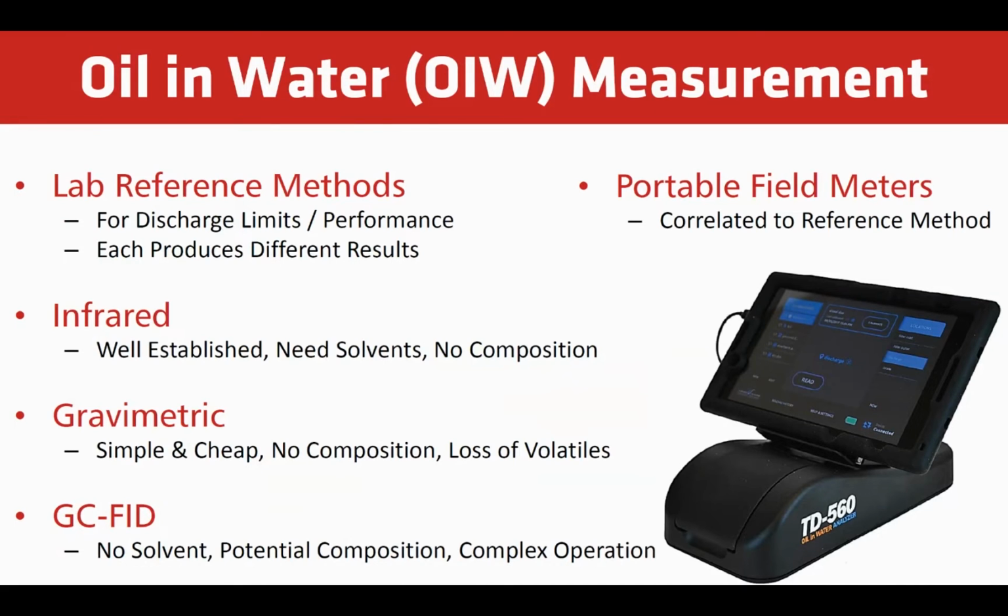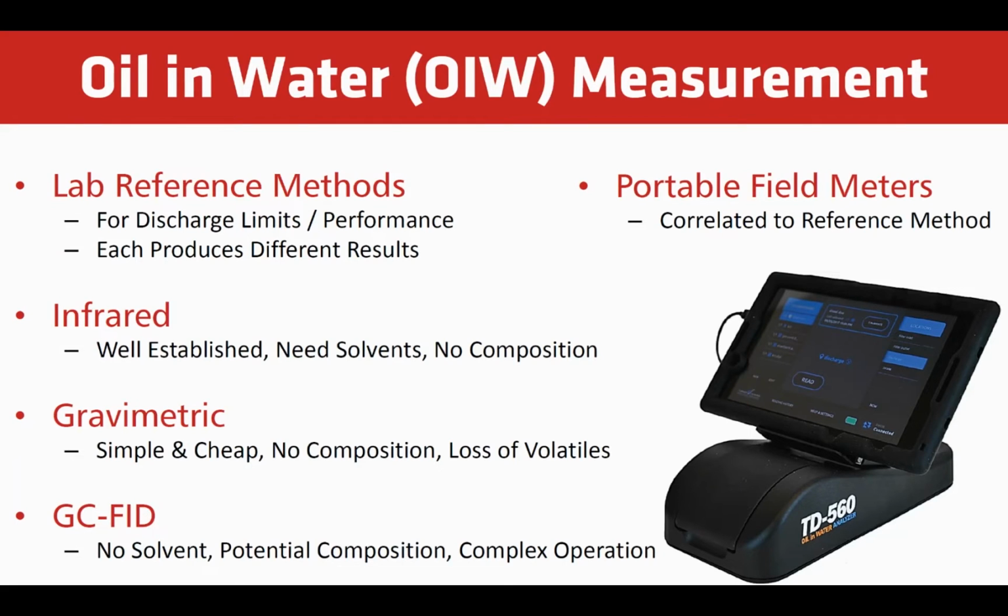Infrared-based methods are well established, but they require expensive solvents and lack compositional detail. Gravimetric methods are simple and cheap, lack compositional detail, and include some loss of volatile components due to evaporation. Gas chromatography with flame ionization detectors requires no solvents and has the potential for providing compositional detail, but requires skilled